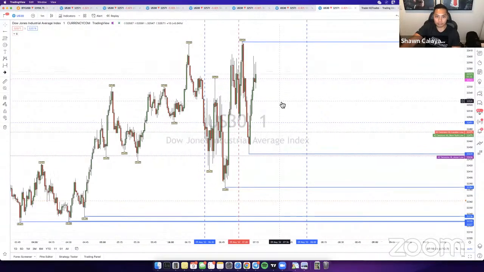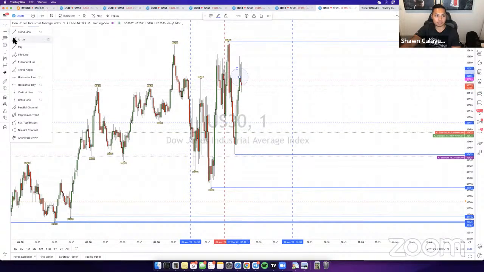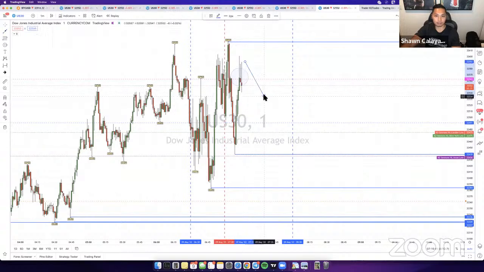So going to the clean chart, price kind of came up right here. It lured in buyers, stopped everybody out, lured in some more buyers right here, stopped them out again, lured some more buyers right here, stopped them out again. It's the same pattern. It lured in some more buyers here, and then as price drops again, what happens to those same buyers? They're getting stopped out, right?